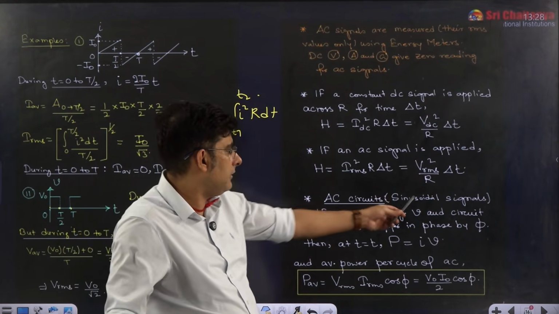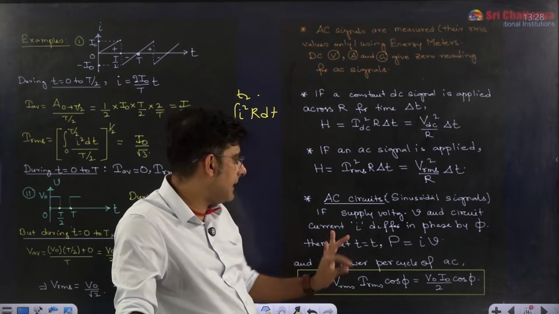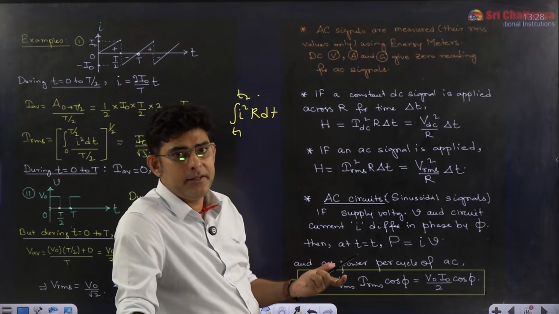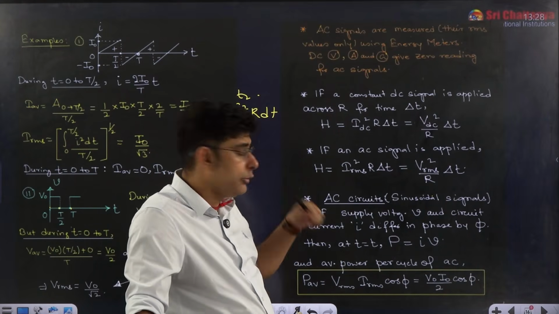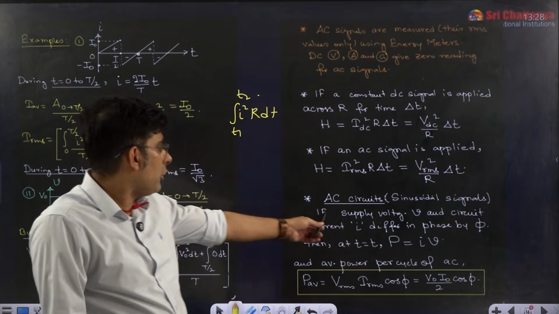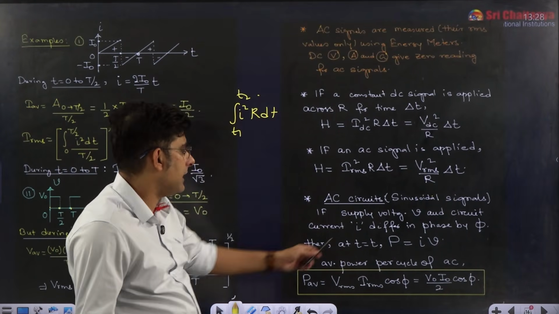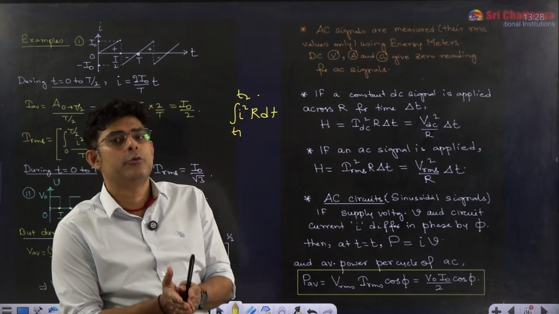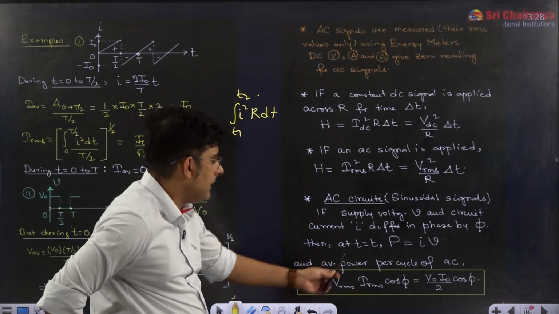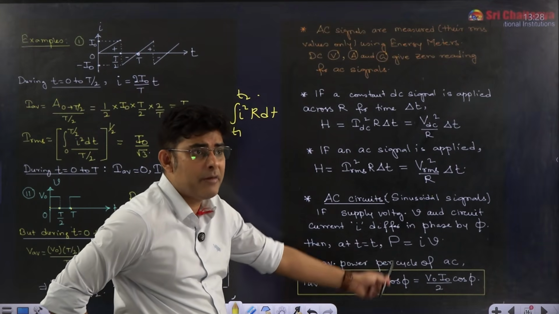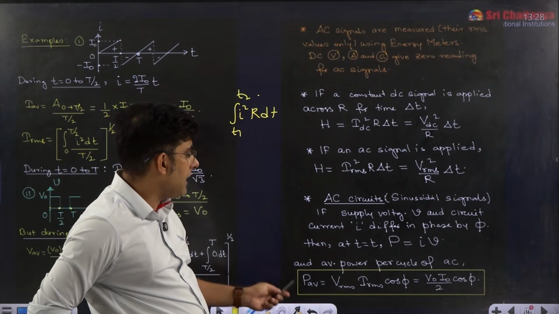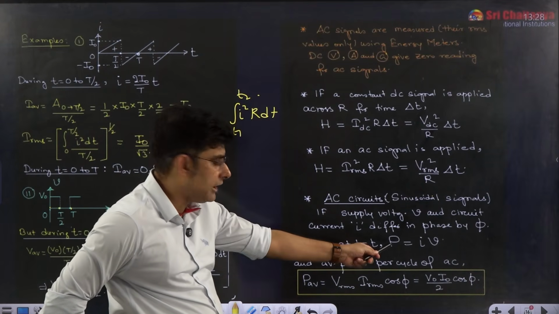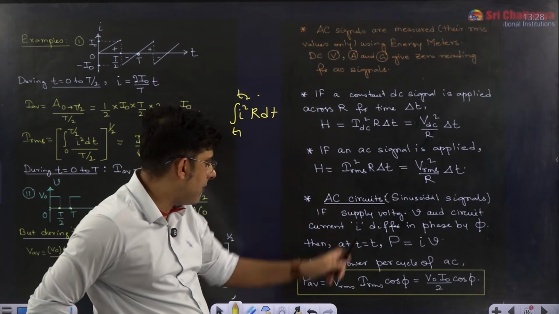In AC circuits, we will be considering sinusoidal signals. In our country, the standard is that a 50 hertz frequency AC signal is generated. This should be remembered. If you go to the US, it is 60 hertz. So if the supply voltage V and circuit current differ in phase by phi, then at time t, if they ask you the instantaneous power, you will simply write I into V. But if they ask you the average power per cycle of AC, then by integration, integrating power with respect to time and dividing by the time interval,